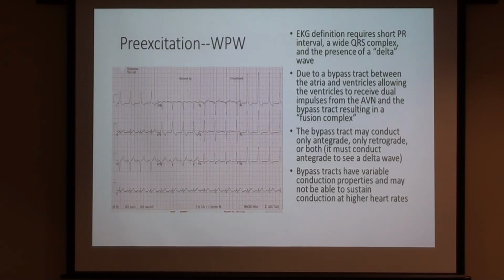And that happens embryologically as the chambers are forming and whatever else. There's just this little piece of muscle that manages to stretch itself across the cardiac skeleton. That's the fibrous tissue where the valves are all hooked to. And that little piece of tissue can usually conduct electricity because it's muscle, just like the rest of the heart. WPW